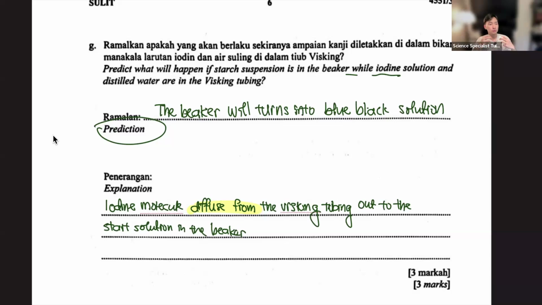So I want you to say the diffusion direction. Diffuse out of the semi-permeable tubing into the beaker. Like this, correct? Then this is your second mark. Your third mark, right? Diffuse out from where to where, and